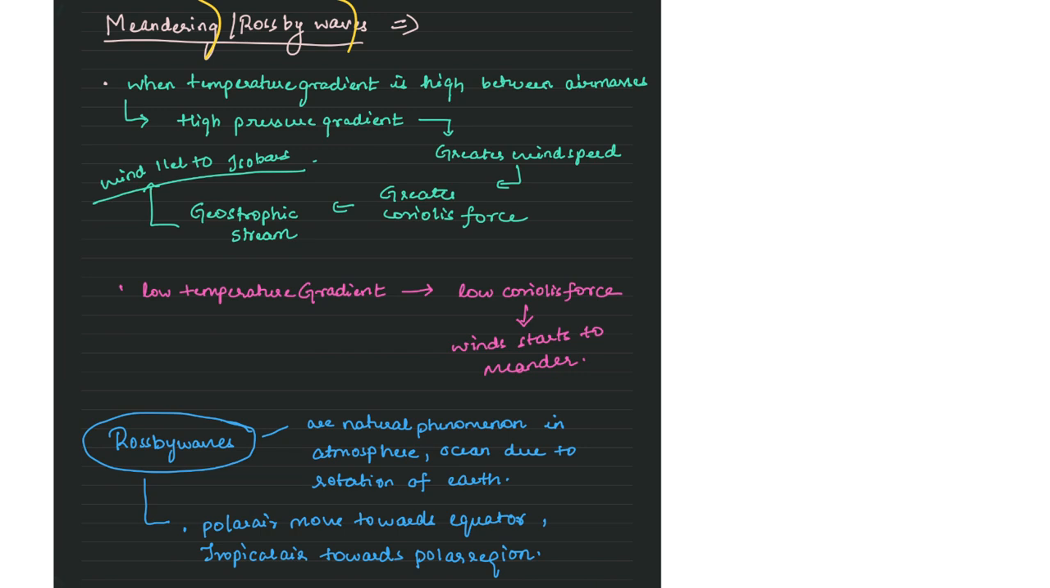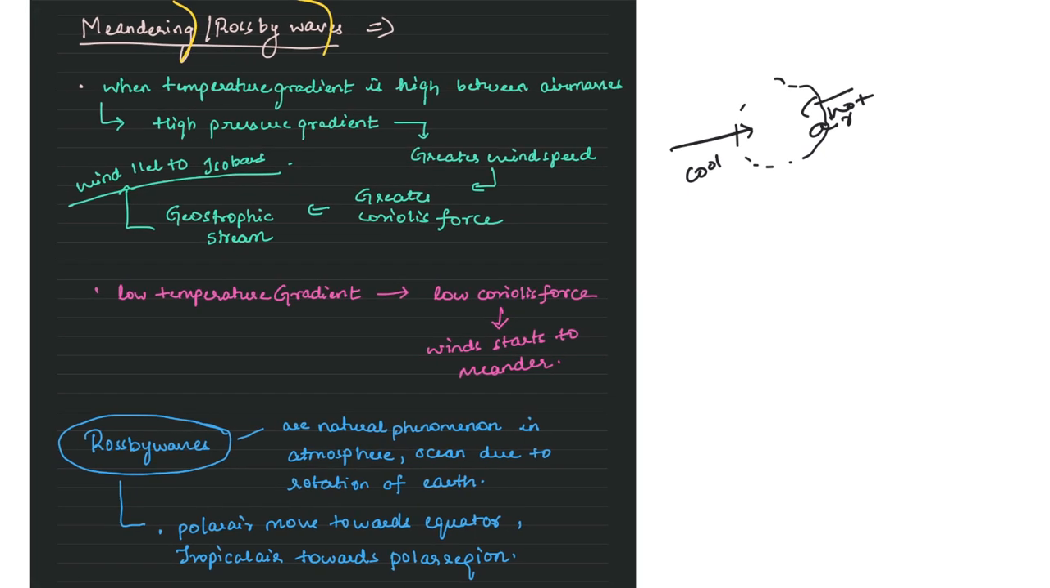So why does the meandering effect exist? Why do jet streams have that wavy nature instead of a linear straight one? It is due to two air masses, say this is a cool air mass and this is a hot air mass, and convergence is happening between them. That's when jet streams are formed, right? So when the temperature gradient, that is the temperature difference between air masses, is higher,